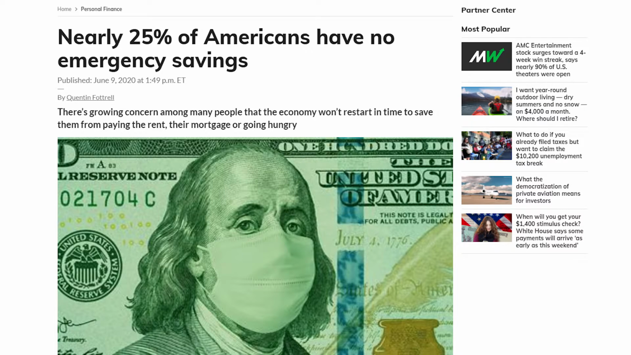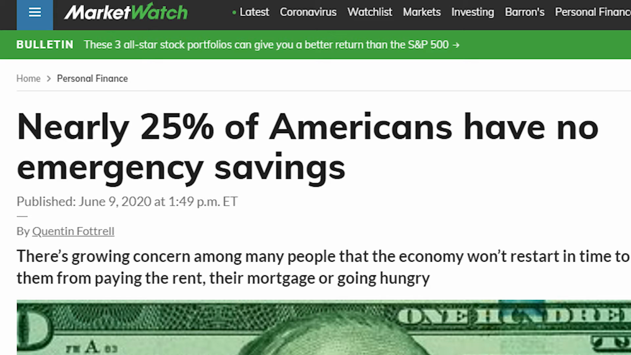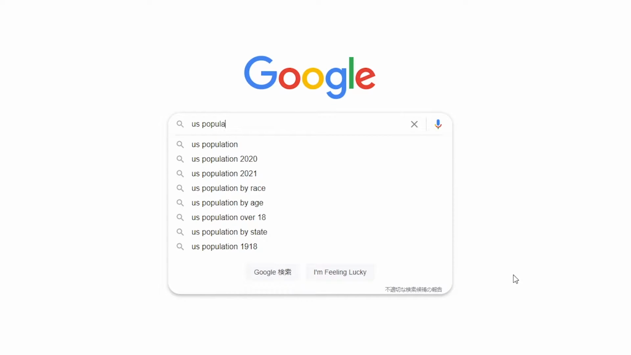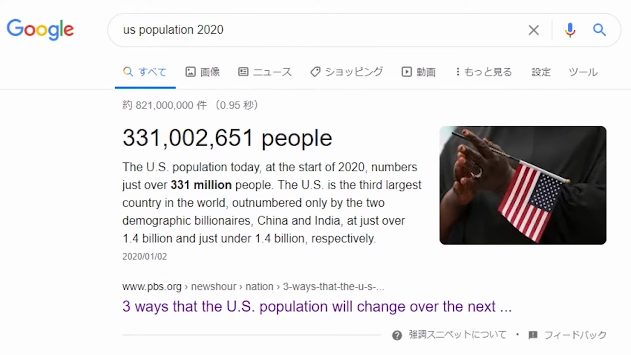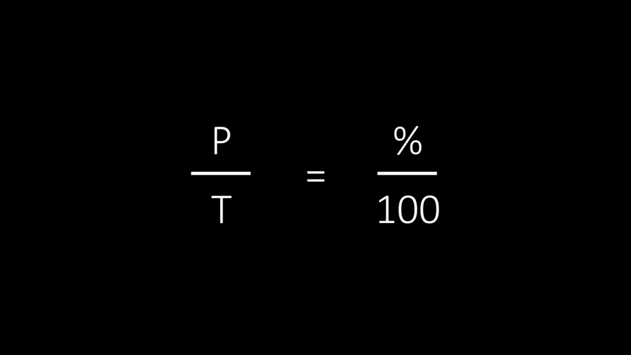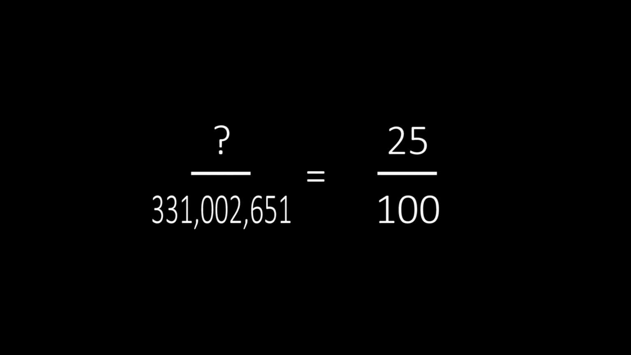So this is an article from 2020 and it says, nearly 25% of Americans have no emergency savings. Now the question is, how many people is that? We need to know first how many people were living in the US in 2020. So by doing a quick search, we can see that that number was 331,2,651 people. Okay, so we plug the numbers into the formula and now we multiply diagonally and then we divide